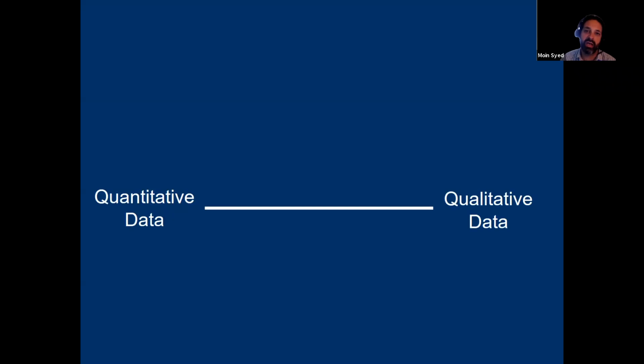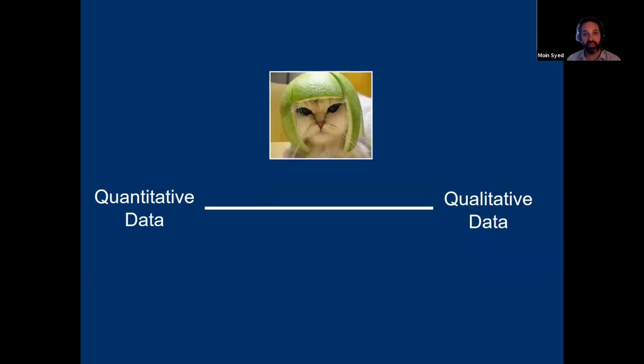Let's start by looking at this continuum of data. So on one end, we have completely quantitative data, and on the other end, we have completely qualitative data, and we're thinking of this data type as a continuum, right? So it's not just one or the other, but rather it's a continuum that runs from completely qualitative to completely quantitative. Now, if I present you with some kind of stimulus, such as a funny picture,